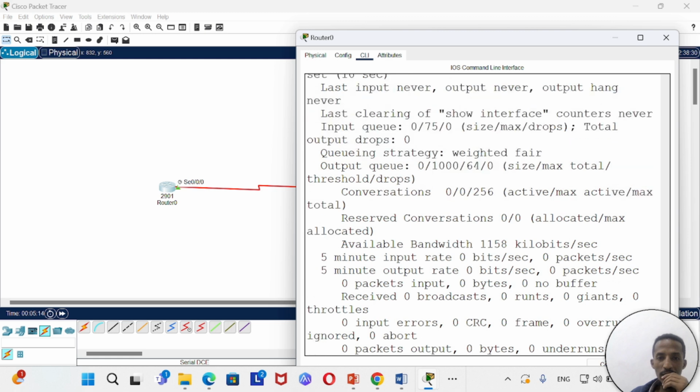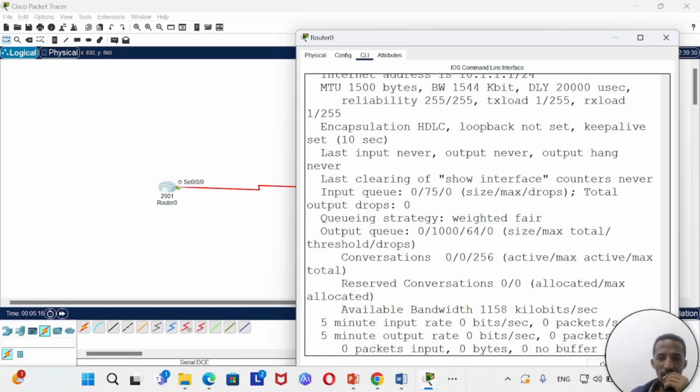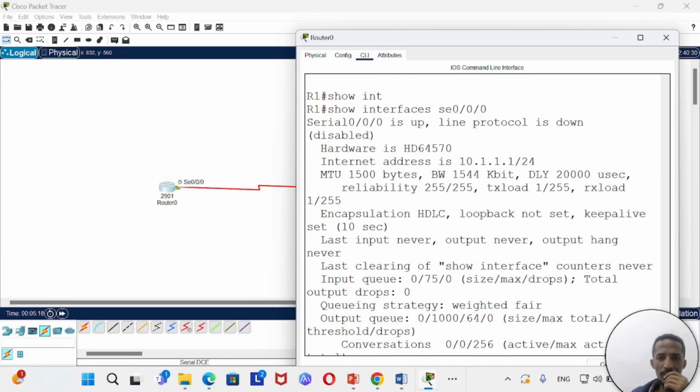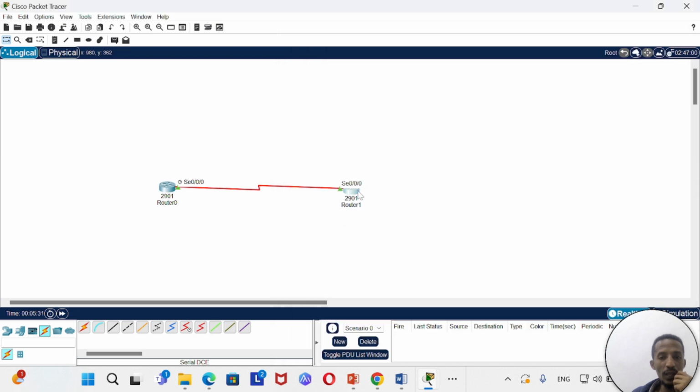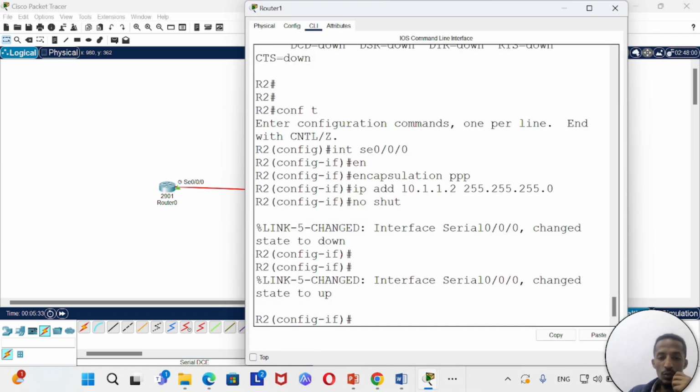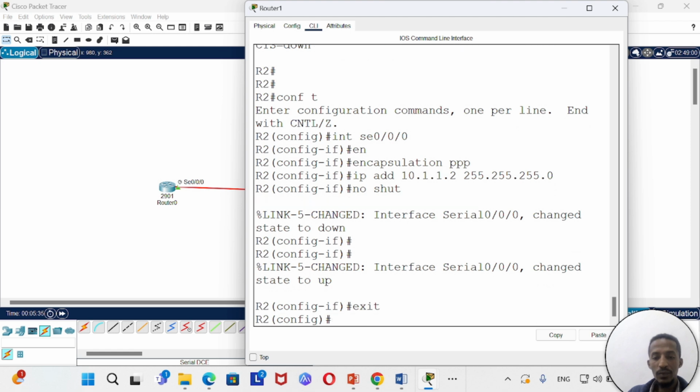Now you can see here what? Here you can see the serial link is working, the cable is working, but the protocol is not working. Why? Because the problem here, you have what kind of protocol? HDLC. But here, if you come here and again do the same thing that I have done now,